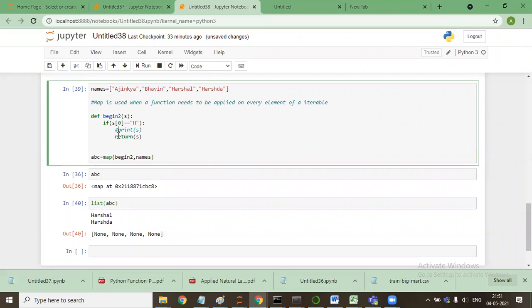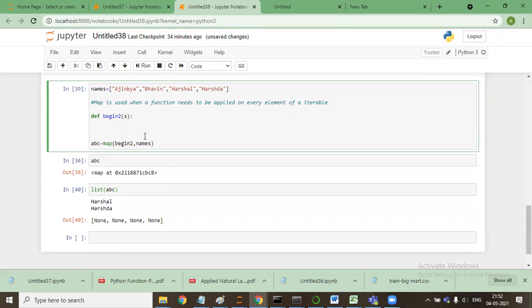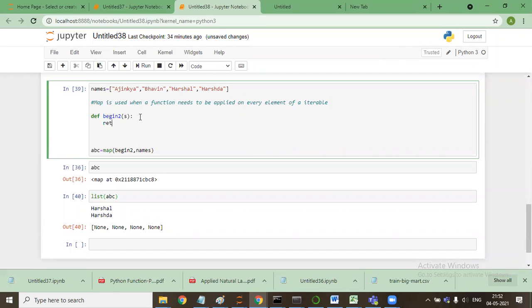Sir, when we were using return S0 equal to H, then also it was giving none. Yes, without if. Okay, just give me a second. So begin one, we can take. Okay, let me type it.